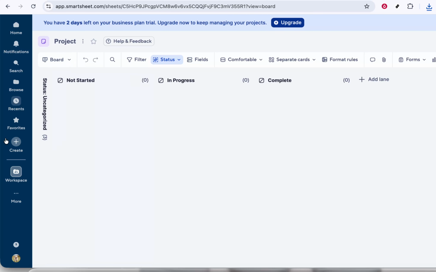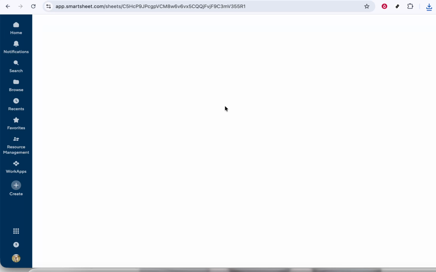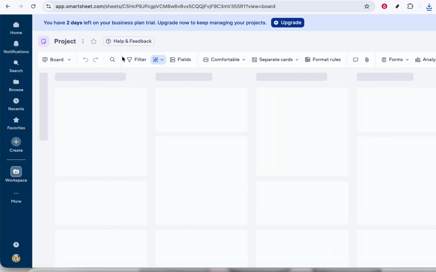Dynamic views are all about controlling what different people can see and edit. So it's best to open a sheet that already has some data, like tasks, dates, and owners. From your Smartsheet home screen, go ahead and open a sheet or project you'd like to manage with dynamic views. This could be a project plan, a task tracker, or any sheet where multiple collaborators are involved and you need